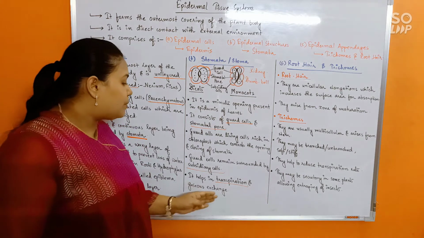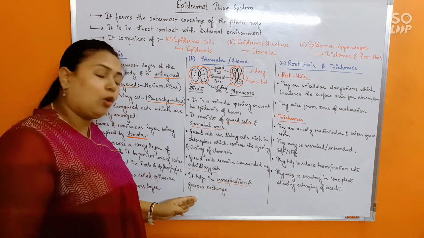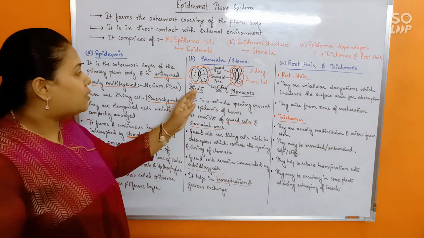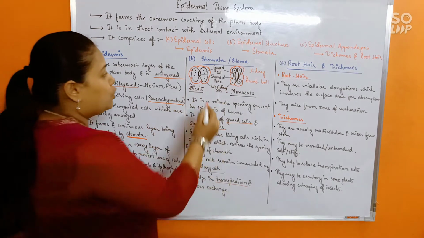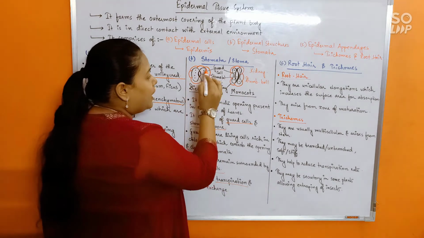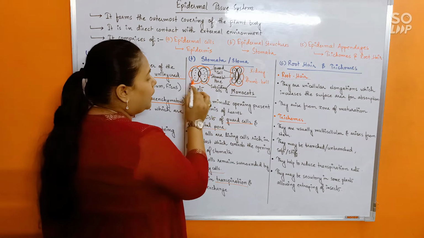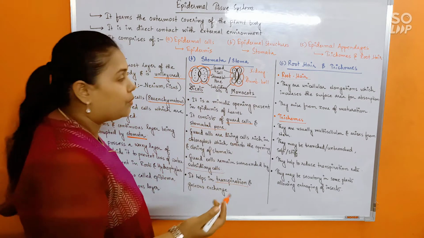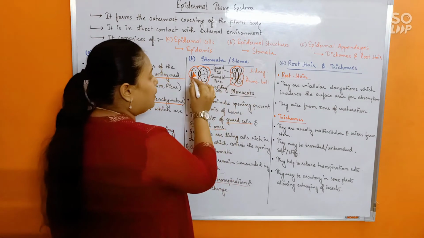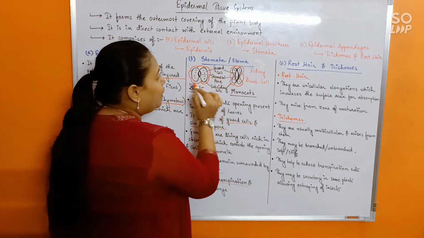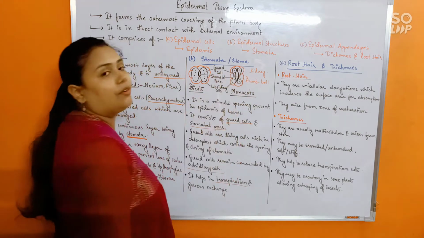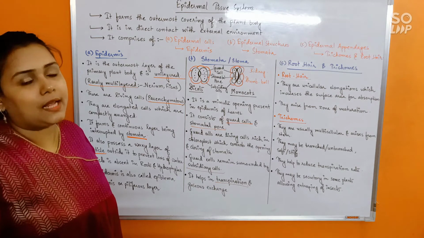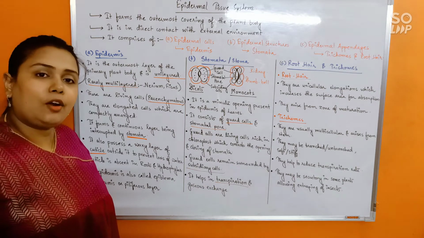So now it helps in transpiration and it will also allow gaseous exchange. So do remember the structure of the stomata: the stomatal pore, guard cells which are kidney or bean shaped in case of dicots or dumbbell shaped in certain grasses or monocots. The guard cells will always be enriched with chloroplasts and they remain surrounded by subsidiary cells, which are specialized epidermal cells. That's it. Is that clear to all of you?